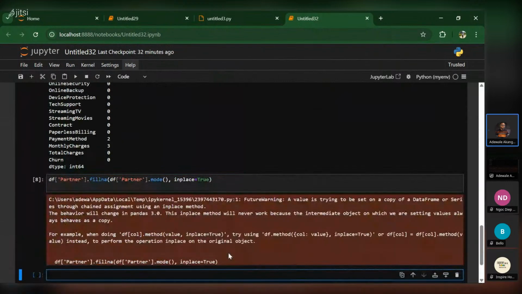Let's try this. Okay, see what it's giving us. The value is trying to be set on a copy of a DataFrame or Series through chained assignment using an inplace method. The behavior will change in pandas. This inplace method will never work because the intermediate object on which we are setting values always behaves as a copy. For example, when doing df[column].method, try using df.method, or df equals to,